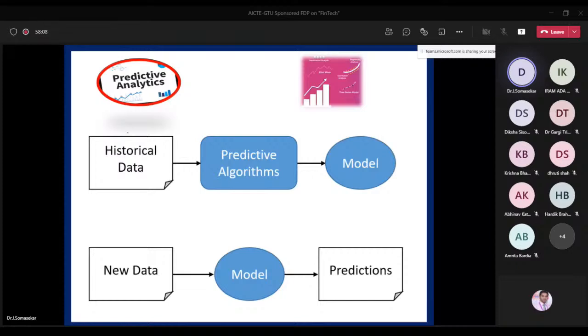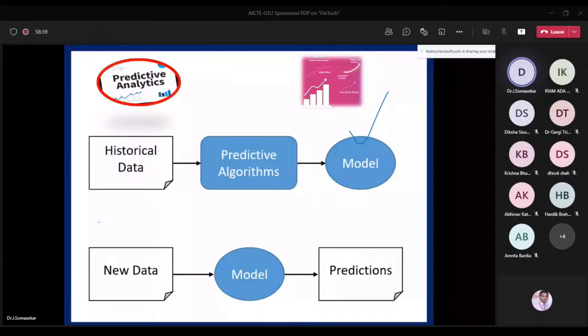Finally, our aim is to make a model. A model is nothing but an algorithm, or maybe we can call it a program. By using this program, we go for new data. Let us assume today I know the starting price, high price, and low price of the Bitcoin. This is the new data. We can apply this model to this new data and go for prediction. So the Bitcoin price prediction is, let us assume, $10K or maybe 20K US dollars.